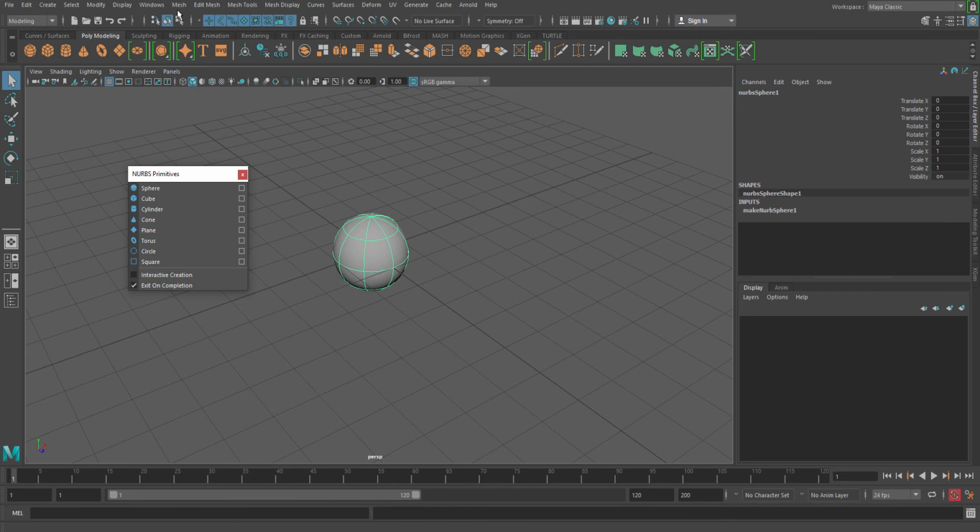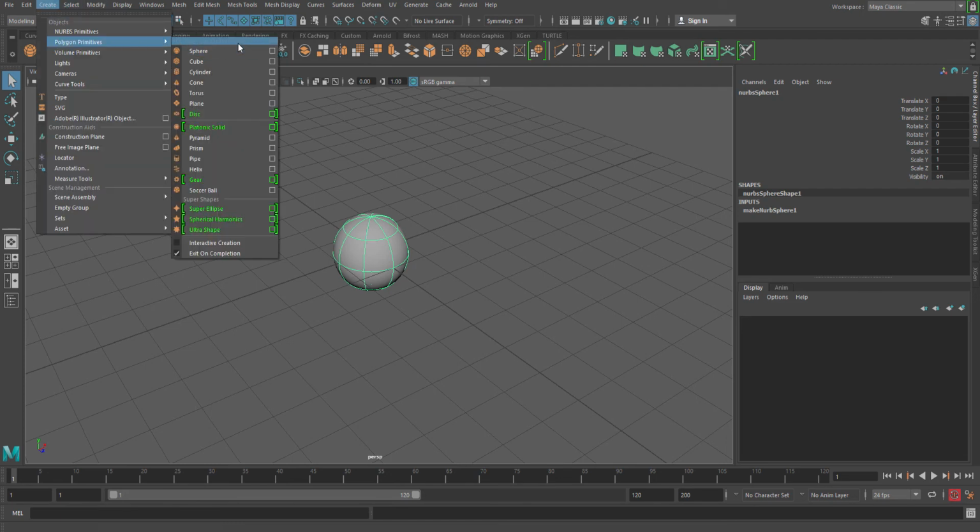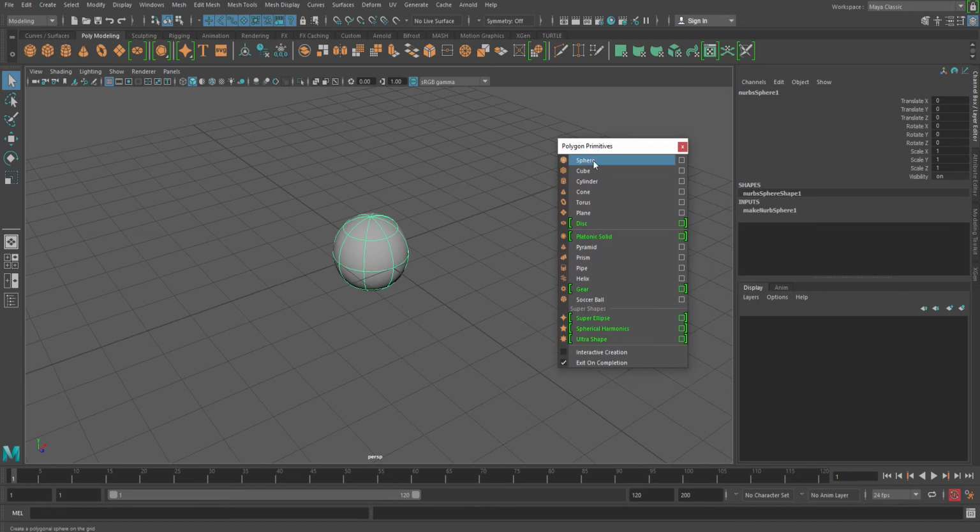So I would suggest you take NURBS as a secondary learning thing for the current scenario in the industry, and take polygon as the primary one. But you still can use NURBS if you are really interested. But to be very honest, in the industry, hardly anyone uses NURBS anymore at the current time. Okay, so I just created a NURBS object, and let's start creating a polygon object